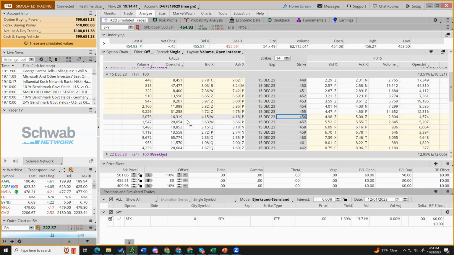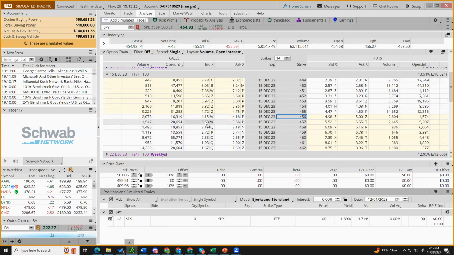What's important to us is, what does it mean? The volume in the open interest is building our understanding of liquidity and competition. How much liquidity and competition is there? And what we see in volume and open interest is going to directly correlate to what we see between the bid and the ask. 9,000 contracts traded today. 31,000 contracts are open. That's one strike price. There's literally several 100,000 contracts just sitting here, one strike price in 14 strikes. And again, the same over on the other side. But this is SPY. This is the most liquid stock in the world for options.